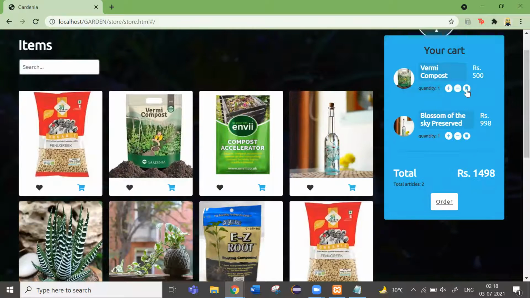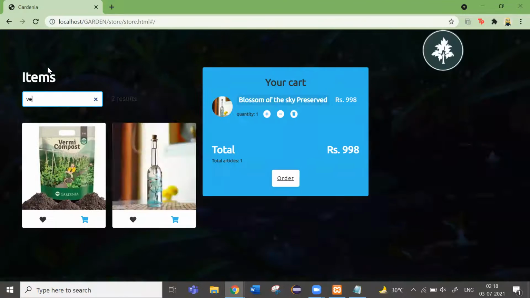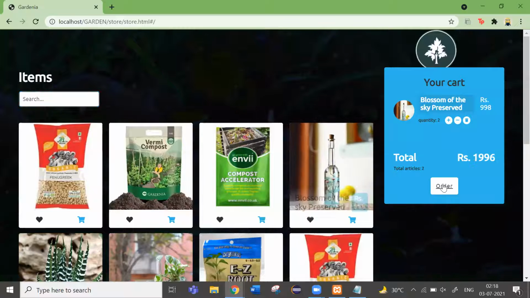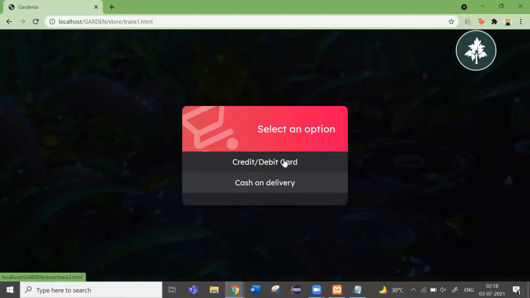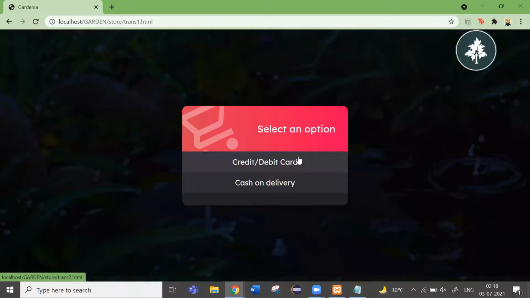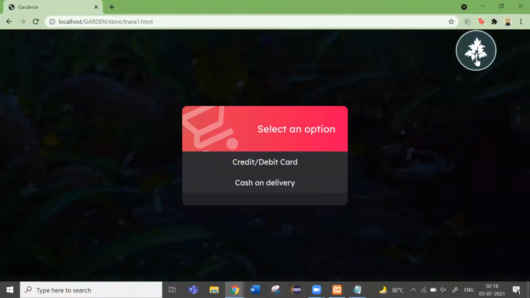We can also search our products by name. A bill is dynamically generated according to the product selected. From here, we can move to our cart and order the items we require to make our garden. We also have, as mentioned before, our options of credit and debit card as well as cash on delivery, which works the same.